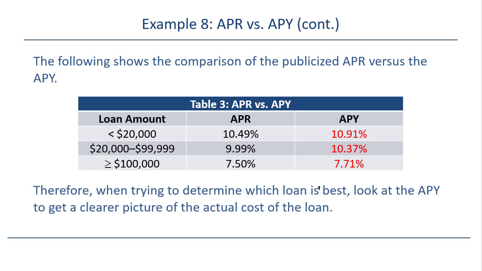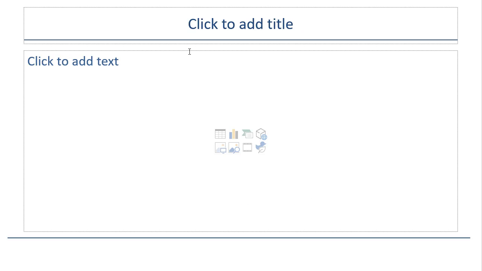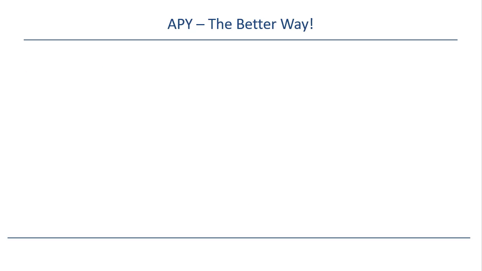Now, how do we do this for continuous compounding, right? This formula doesn't work for continuous compounding. We would have to make some adjustments. So here's what you do. No matter what the situation is, whether they're asking you to figure out APY for something that's compounded monthly, daily, yearly, or continuously, all you have to do is